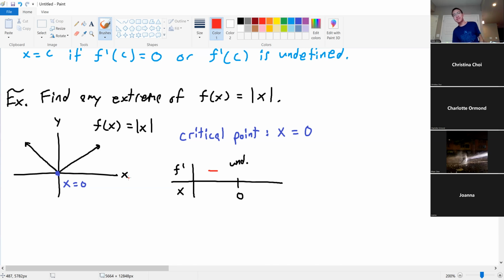Right, the function is now increasing to the right of x equals 0. And so what does that mean for the first derivative? Increasing means derivative is positive, yes. Okay, and so here's where we ask ourselves, and when we do the interpretation, what's going on here? Well, what we say is that f is this going to be a maximum or is this going to be a minimum? Exactly. F has a minimum